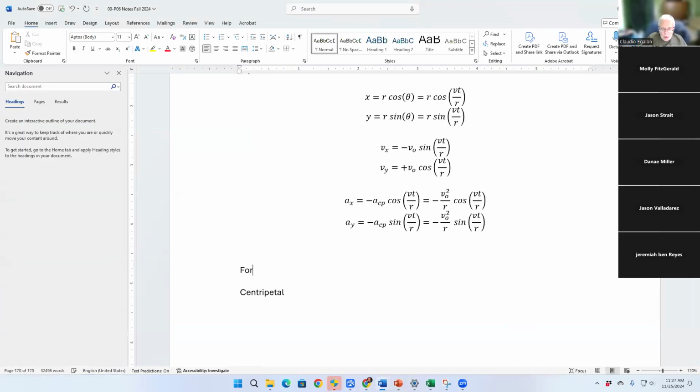For a car negotiating a circular curve safely, we have the negotiating of a flat circular curve safely, we have the following